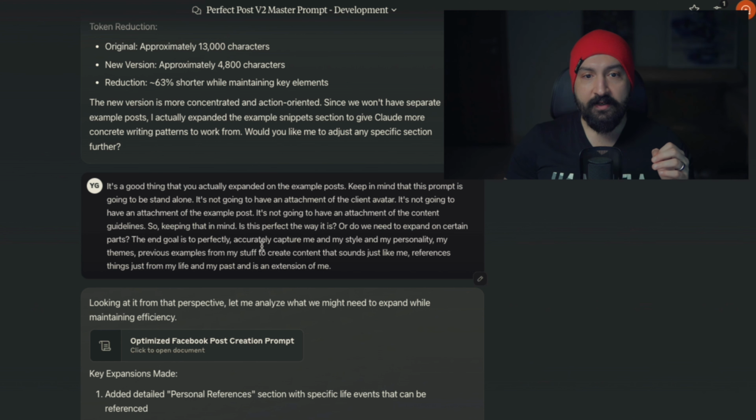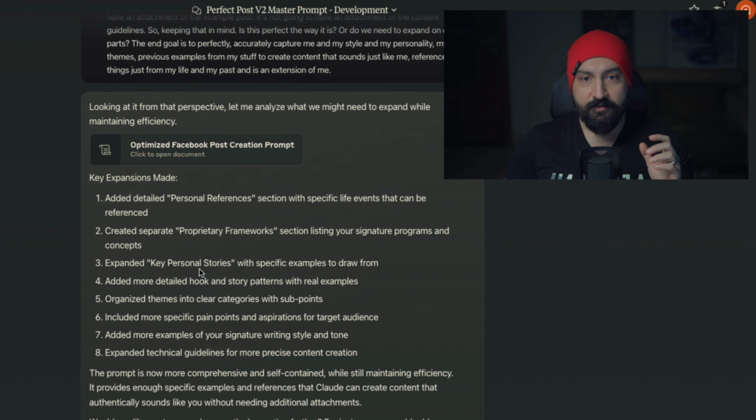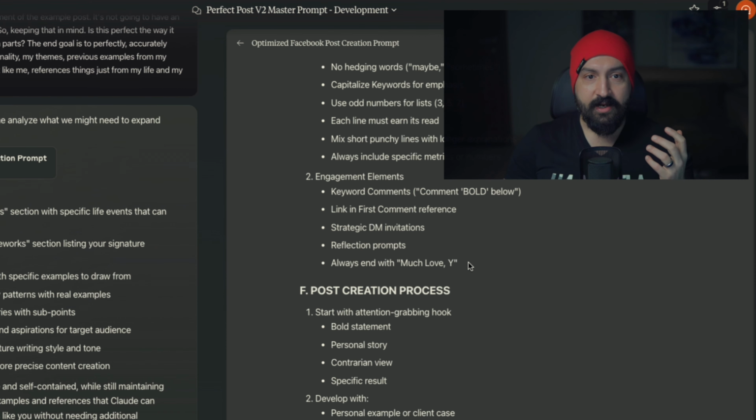The end goal is to perfectly, accurately capture me and my style, my personality, my themes, my examples from my stuff, create content like me, reference things just from my life and my past, and be an extension of me. And then Claude gets cracking and starts